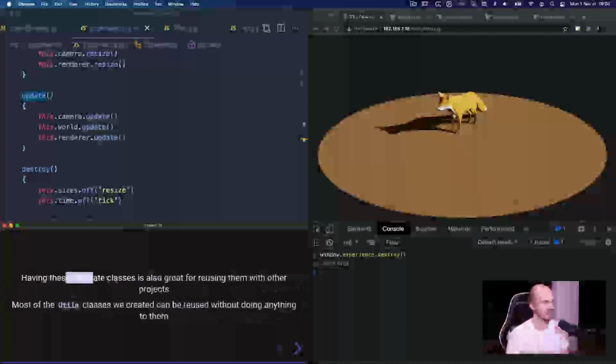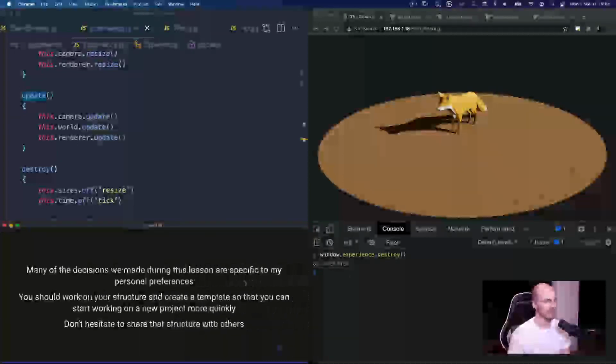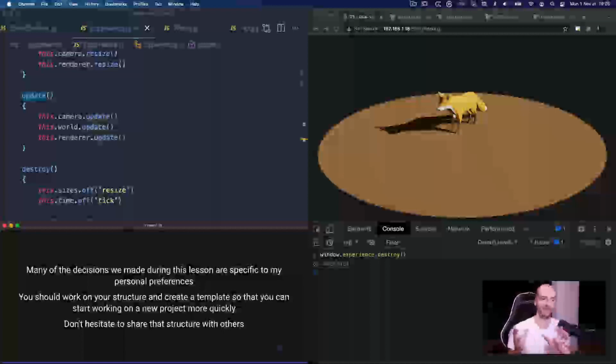Having these separated classes is also great for reusing them in other projects, like the time, sizes, everything in utils, or even if you want to use the Fox on another project, you can. Structuring code also creates a good environment in which to work with other developers because each one can work on a specific class. As I said at the beginning, many of the decisions we made during this lesson are specific to my personal preferences. Maybe it's too much, maybe you would have done things differently, and please do take what's good from what I just showed you and do your own version, and please share that version with other people. You can put it on Git, GitLab or whatever and share it with the